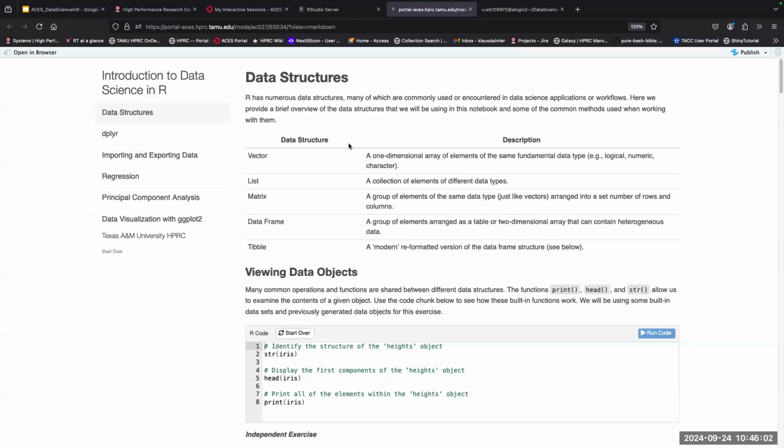We also have lists in R, which are essentially just a collection of different element types, and you can have all sorts of different things in lists, right? So you can have a numeric type. You can also have a vector that's part of a list, a matrix that's part of a list. So a list is a much more inclusive grouping of different types of